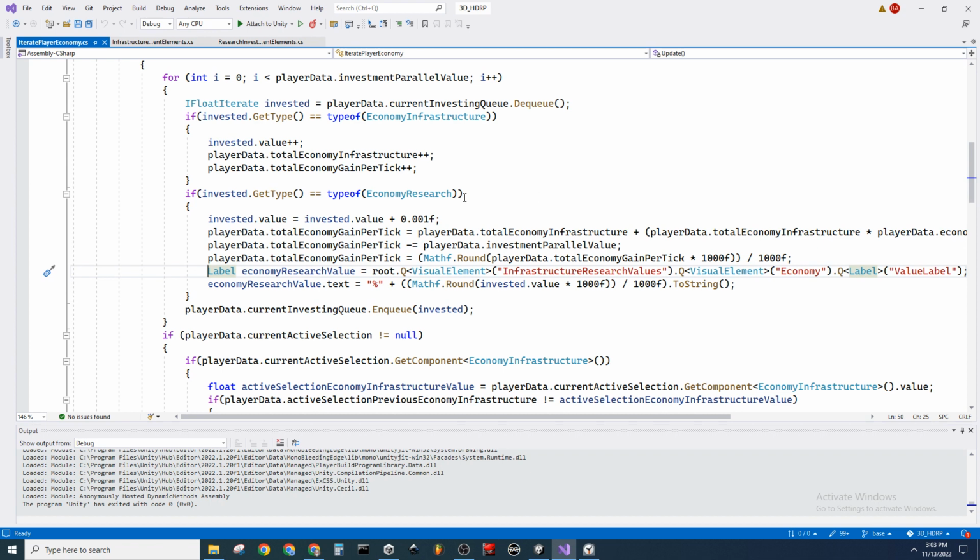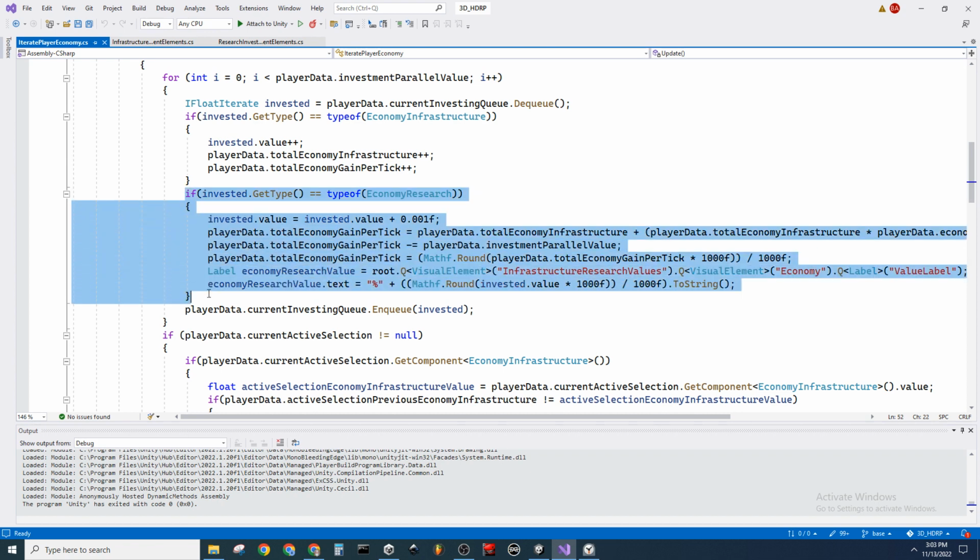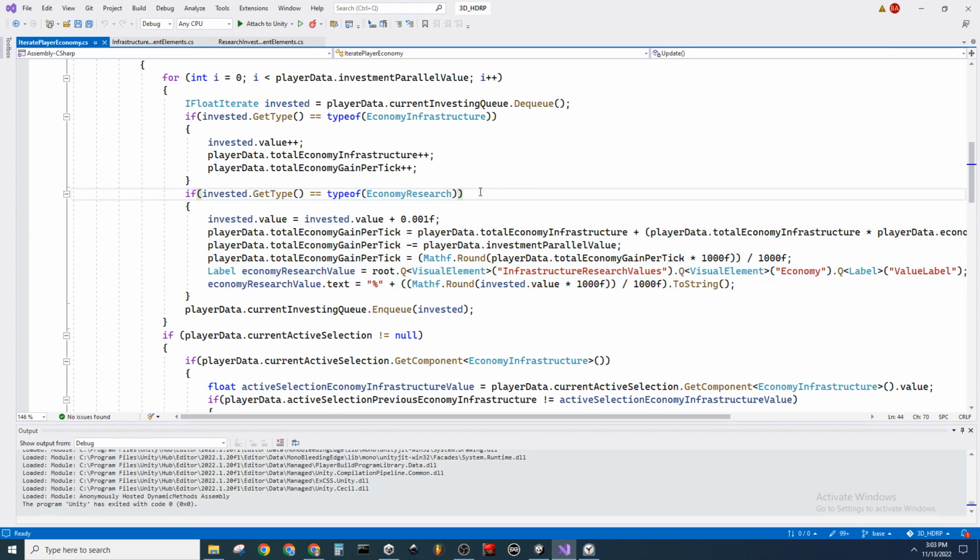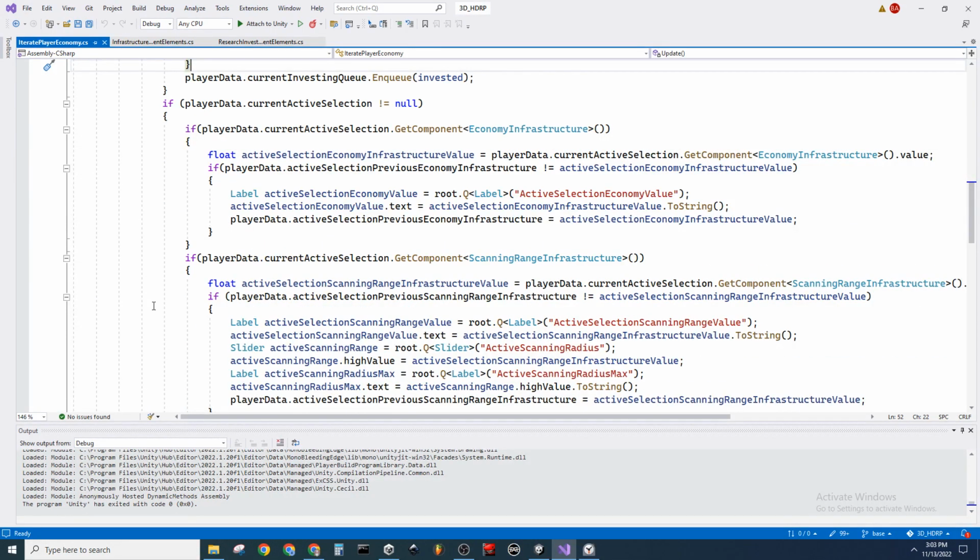So when I click that button, it removes this from happening because there's no more economy research type. So it doesn't get the opportunity to revert this. Therefore, I am inclined to